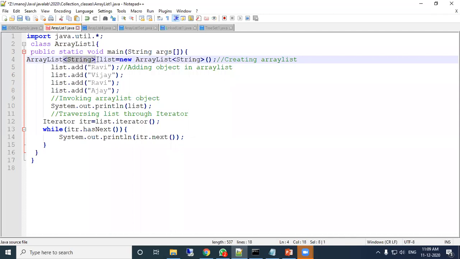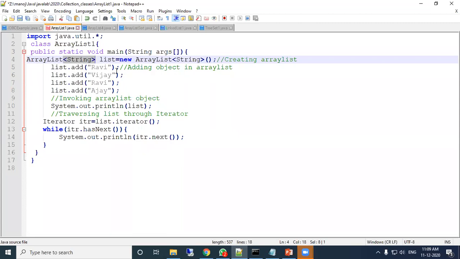This indicates what type of data you are going to store in that array list, because it is a generic data type handler. So here you can put any type of data. What type of data you want to store, you have to mention.